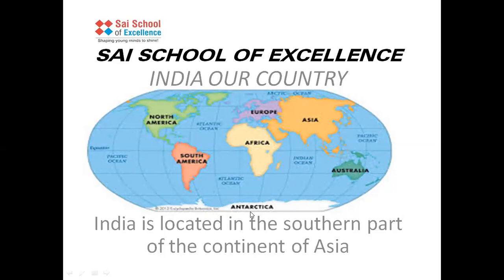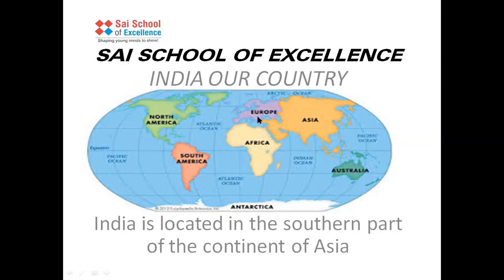So let's learn the continents one by one. The first continent we are going to learn about today is North America. North America is at the top left corner of most world maps and it is the 3rd largest continent. It's a pretty big continent. Next one is South America. It is at the bottom left corner of most world maps just below North America.